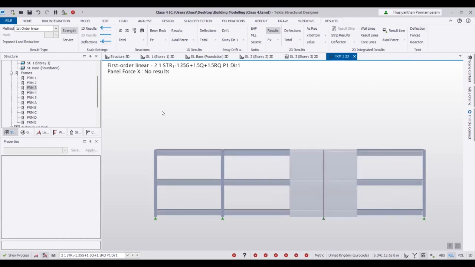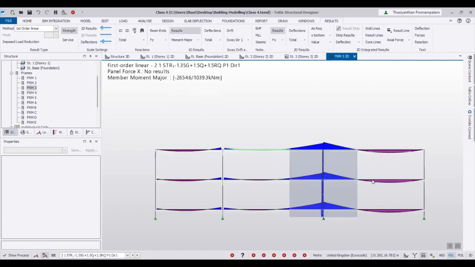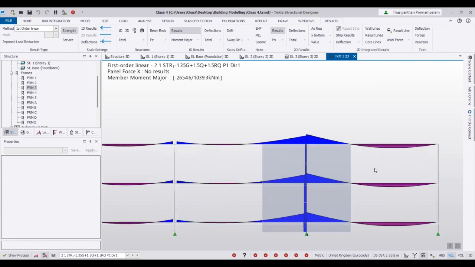Okay. So if you want to get the moment, you can see all the moments. One interesting question you may ask me: these are whole walls, so why does this wall bending look like this? What's the reason? This is a wall panel. Why does it look like this? The reason is,